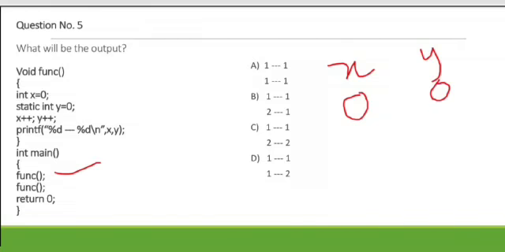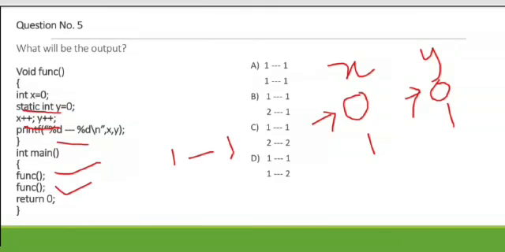So here as x is 0, y is 0, by post increment, x plus plus and y plus plus, the value of x becomes 1 and the value of y becomes 1. So it will print %d dash %d, so it will print 1 dash 1 for the first function.